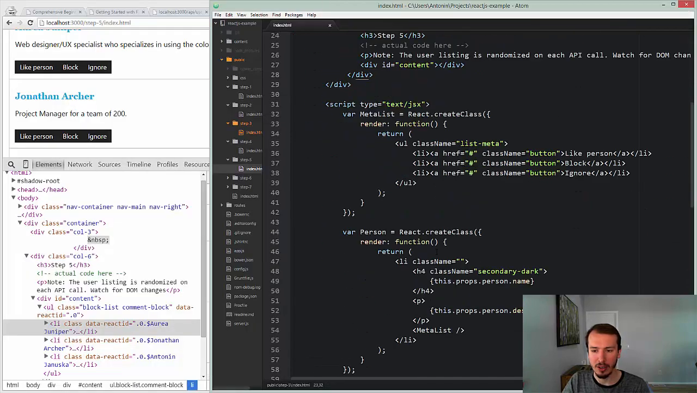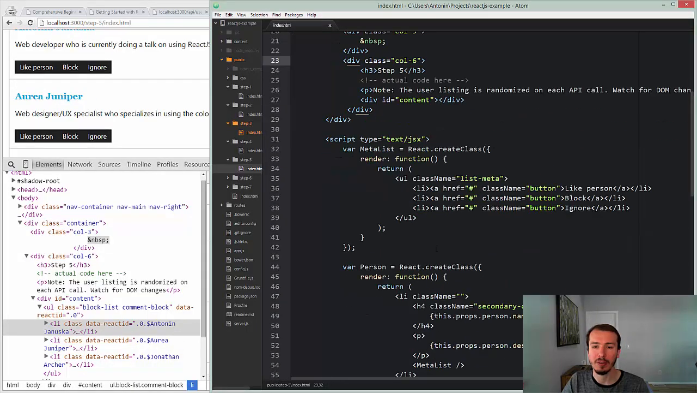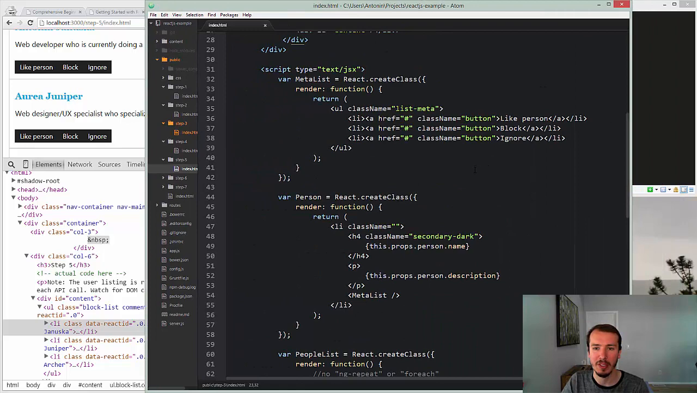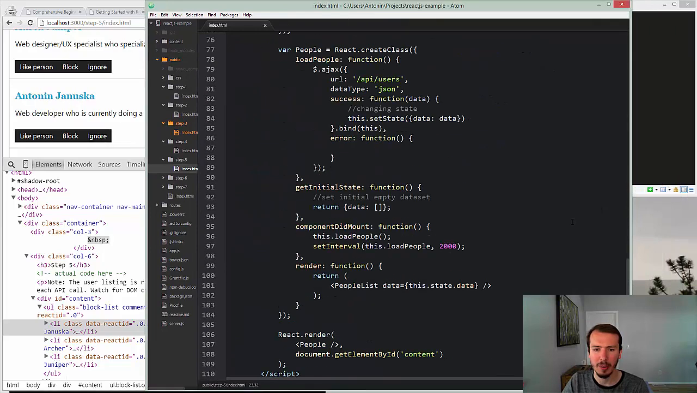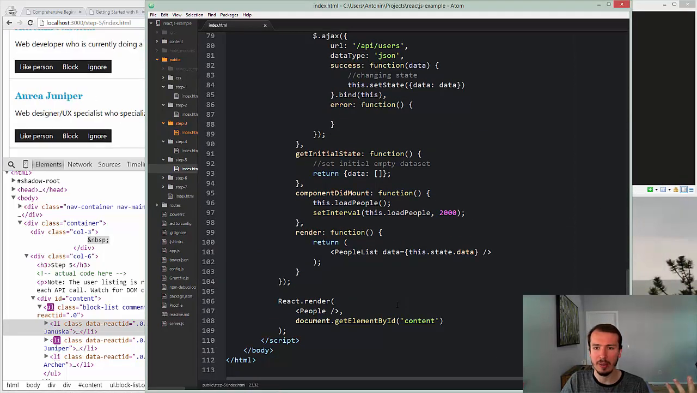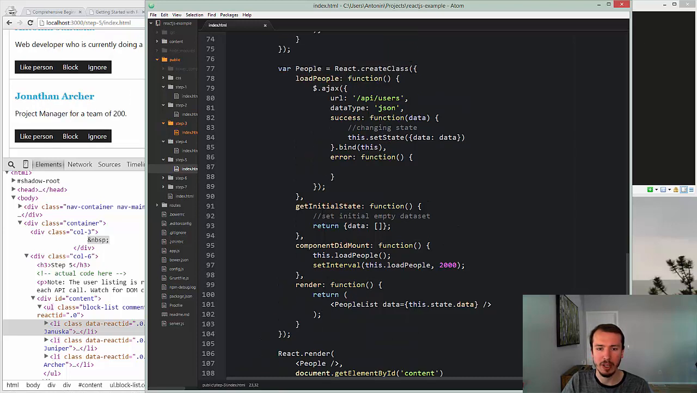And I wonder if I can go ahead and show you guys that. Well, I will. I will show you this little nice optimization. Let's start on the bottom again. This is basically the same exact code as before. We have get initial state, component did mount, and load people. We have this nice little internal function that gets our users. Get initial state is empty, and then in component did mount we load the people, and then we set this interval. That means that every 2 seconds,